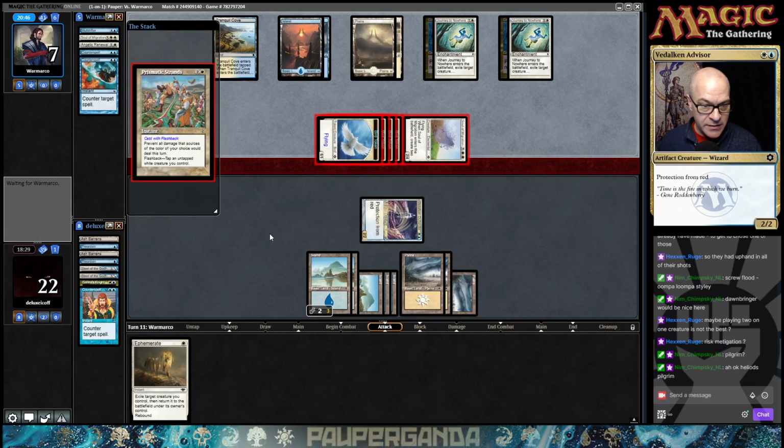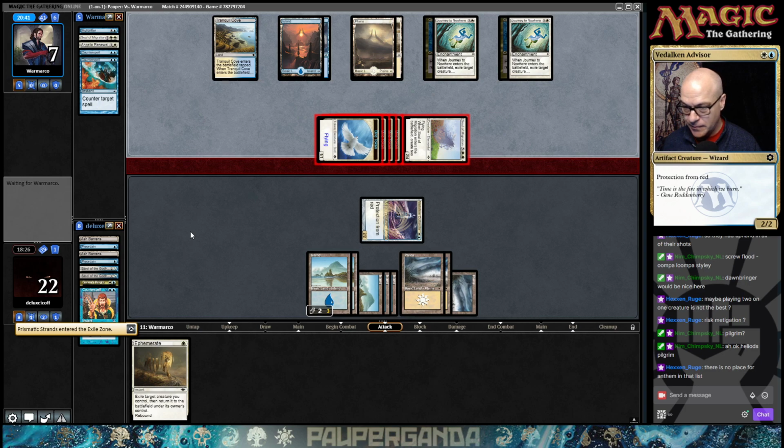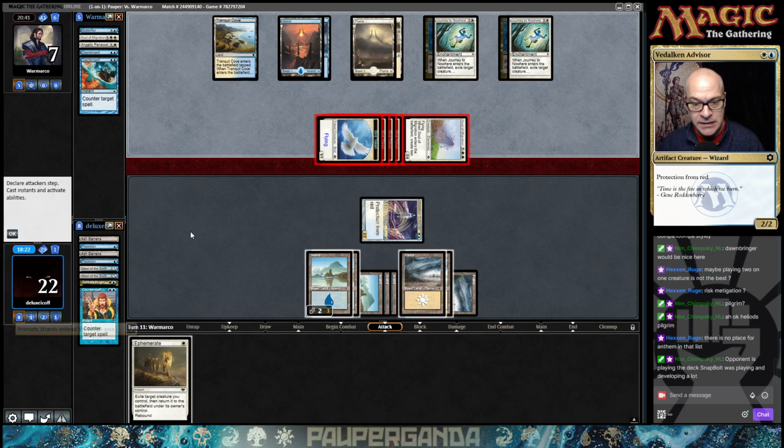Let's see if we can buy another counterspell. If not, we're going to save some damage. We're still at 22, feeling pretty good, but we're just in top deck mode here. You don't think so, Hexxen Rouge? Well,